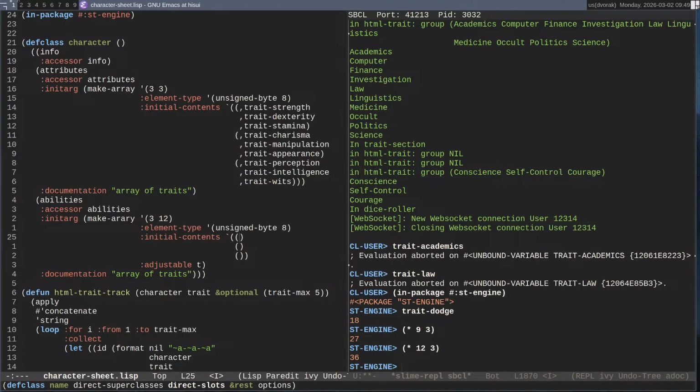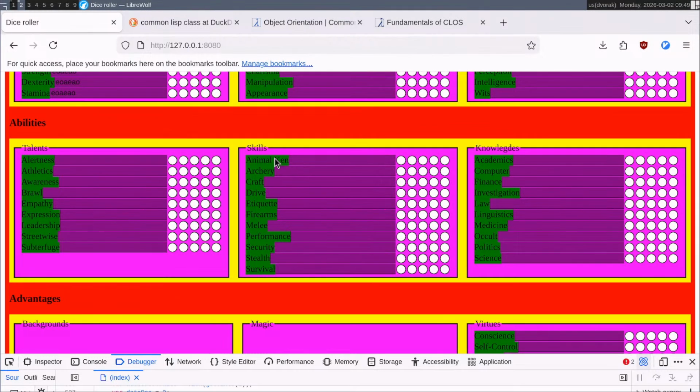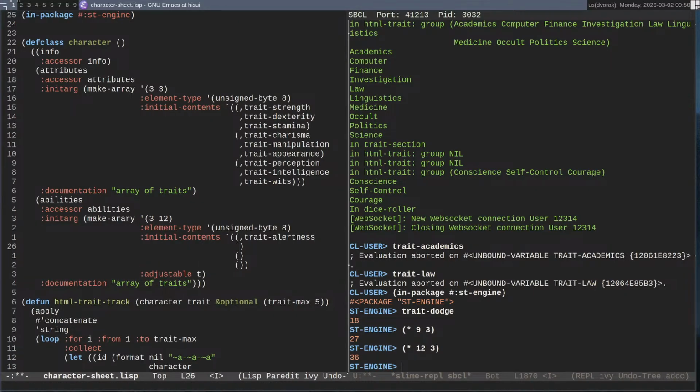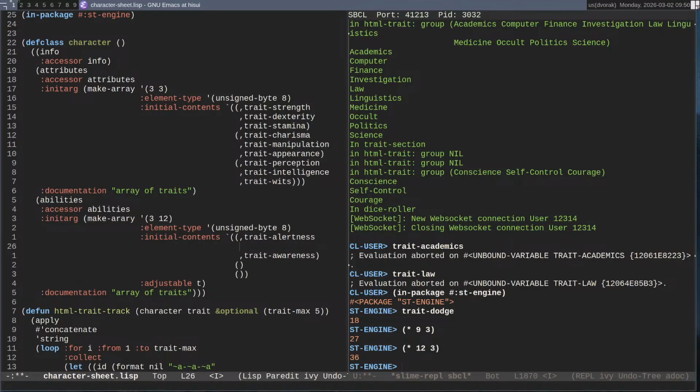Initial contents, what will they be? I don't know. Let's go alertness, athletics, awareness, trait alertness, trait awareness. It was trait athletics first, wasn't it?